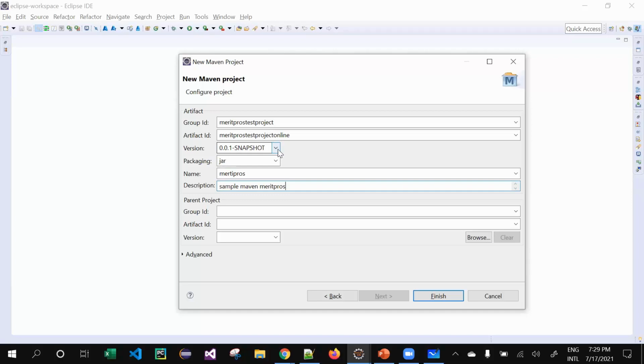Your artifact ID is going to be your project name, and the version is given by default by Maven for your development purpose. Packaging is how you package your project once you compile it. You can select jar, war, or any type of file. The name and description are up to the person who is creating the project, so it can be anything.